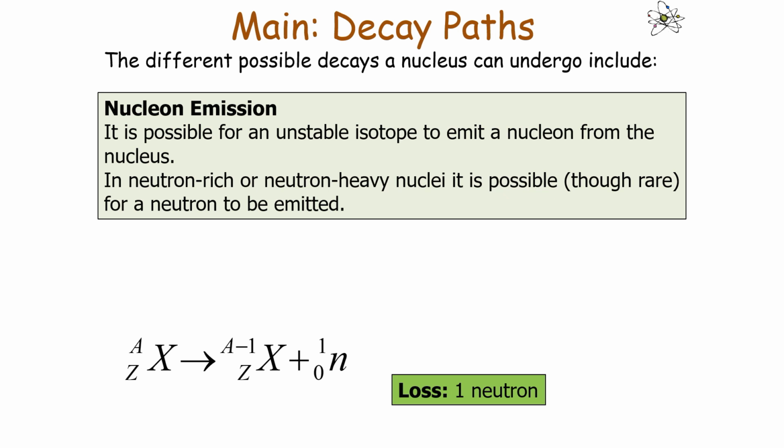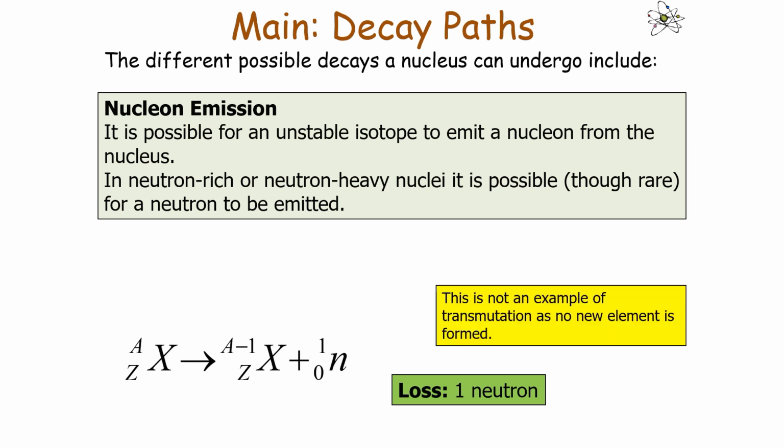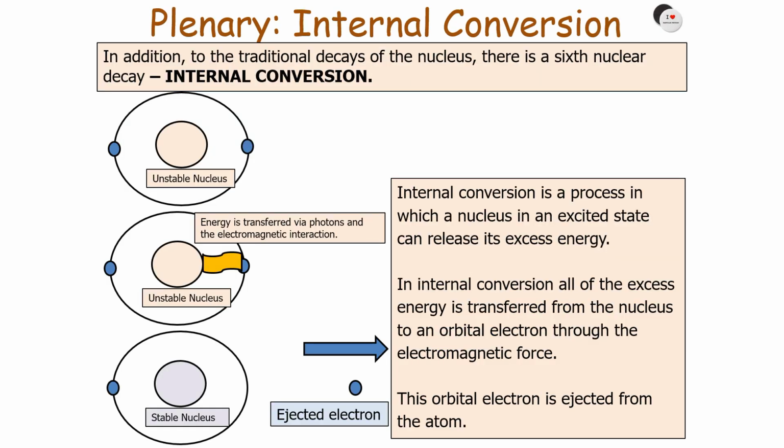The other type of nucleon emission is when you emit a neutron. In neutron-rich or neutron-heavy nuclei, it's possible for a neutron to be emitted. But this time, it's not a case of transmutation, as no new element is formed, since you have the same number of protons. And in addition to the traditional decays of the nucleus, there is also a sixth nuclear decay,